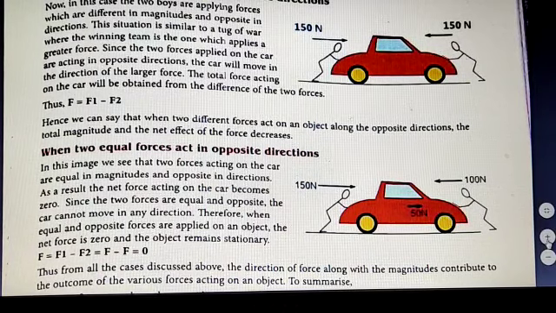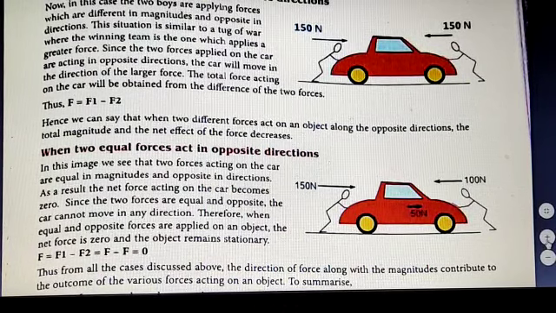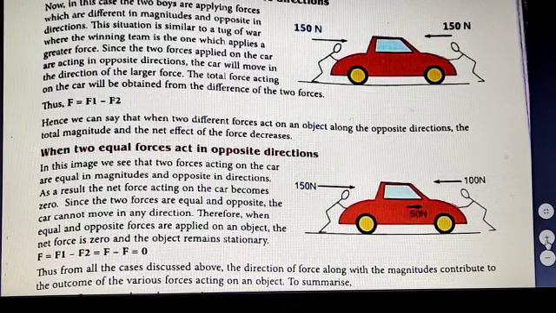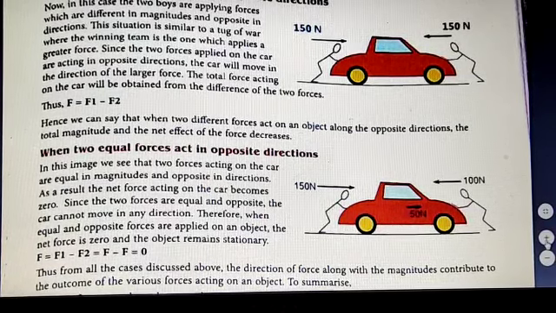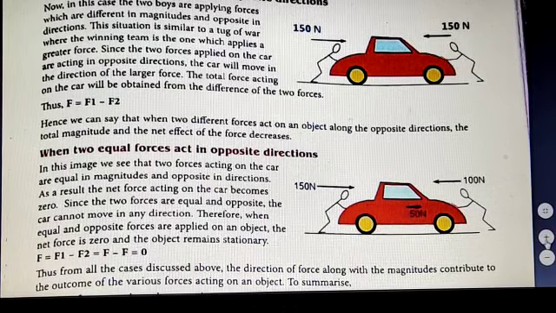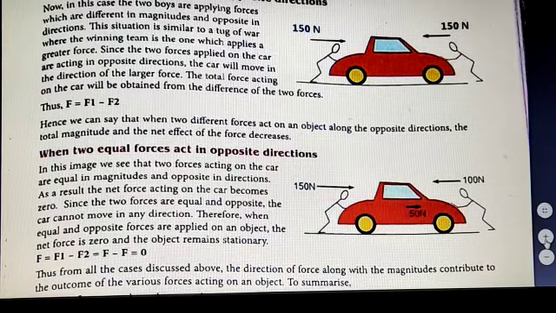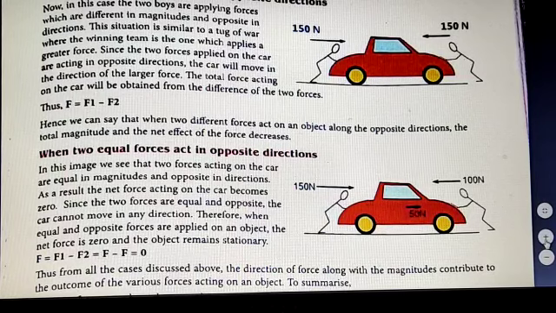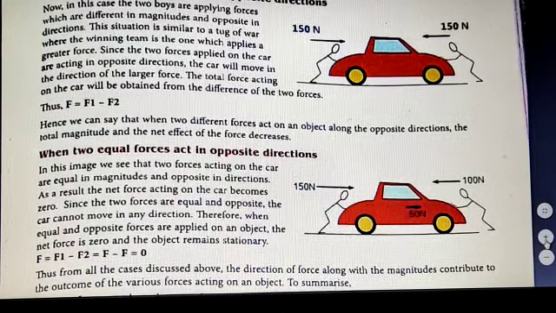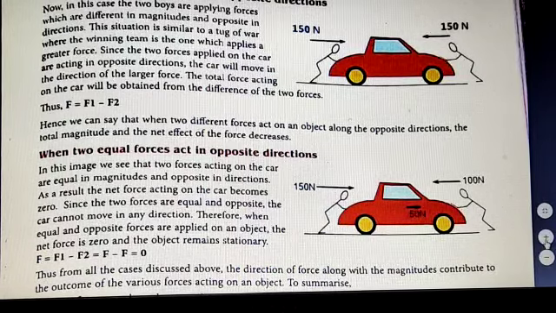So how will we calculate the resultant force? By subtracting: F1 minus F2. So when two different forces act in different directions, then the total magnitude and the net effect of the force decreases. And if this is not clear, a very common example is that all of you must be riding a bicycle,